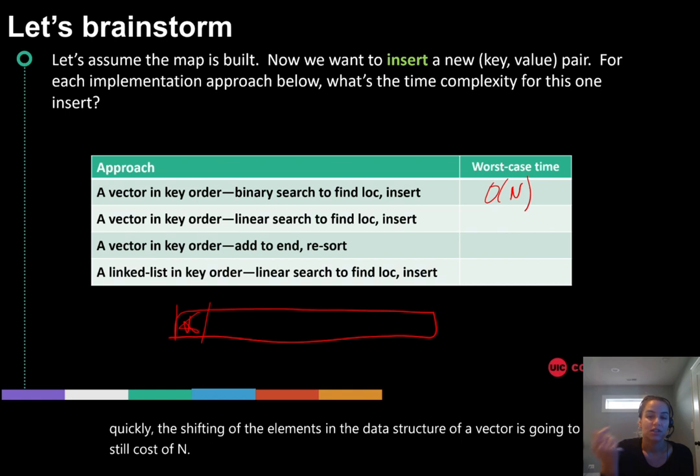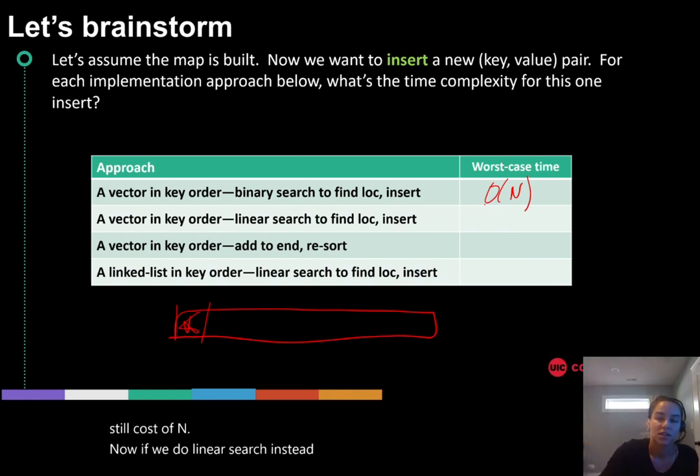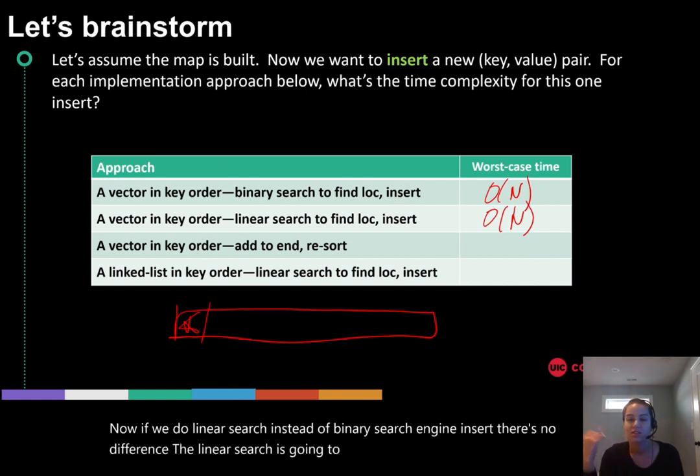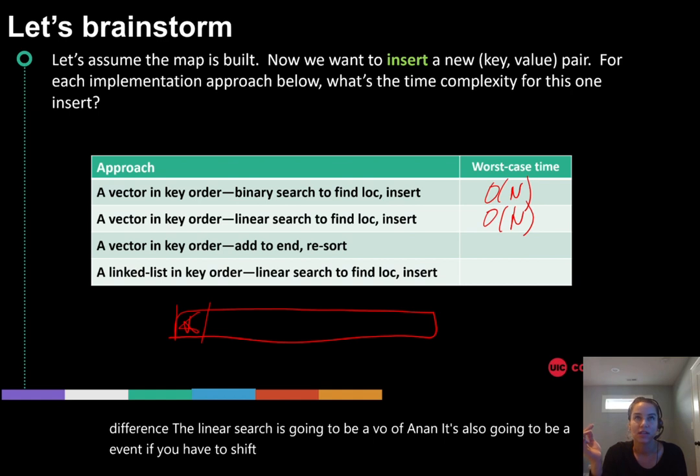Now, if we do linear search instead of binary search and do an insert, there's no difference. The linear search is going to be O of n, and it's also going to be O of n if you have to shift. So in worst case scenario,